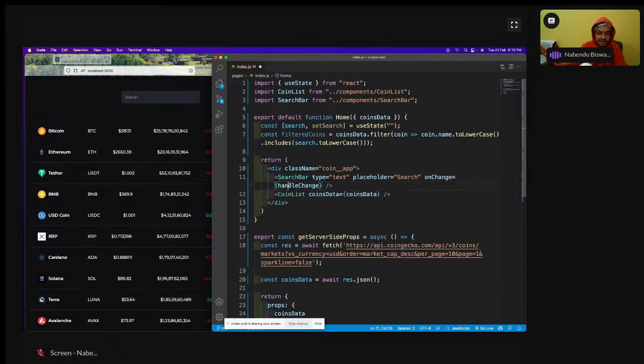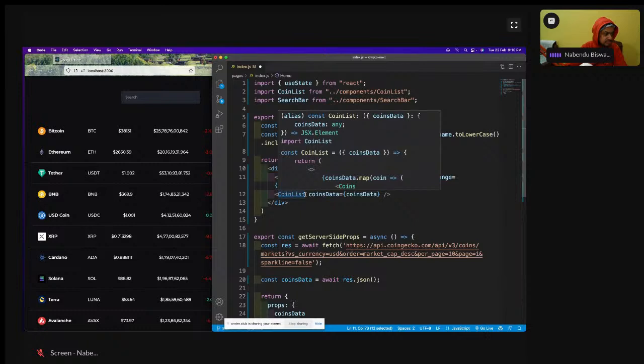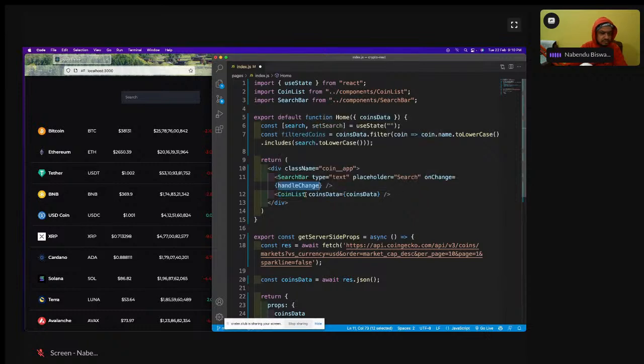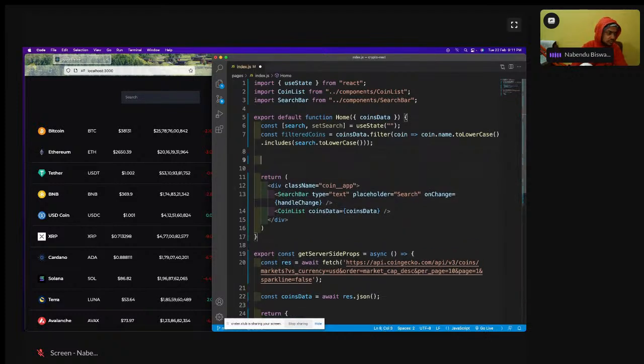Now this handleChange, const handleChange equal to